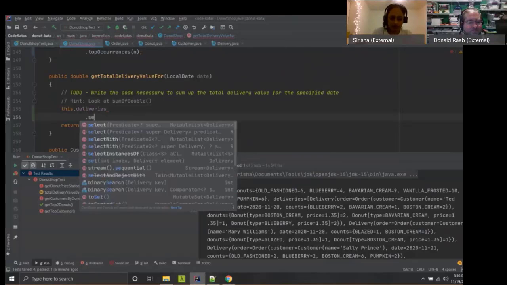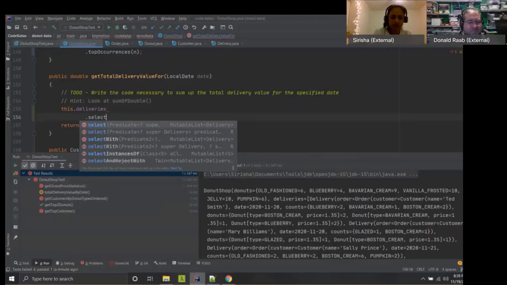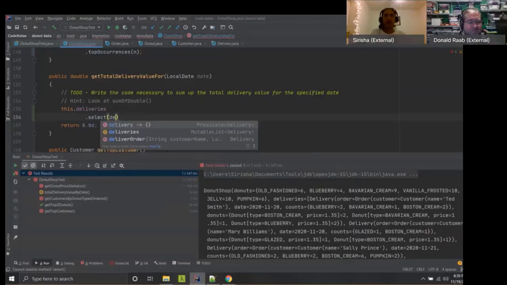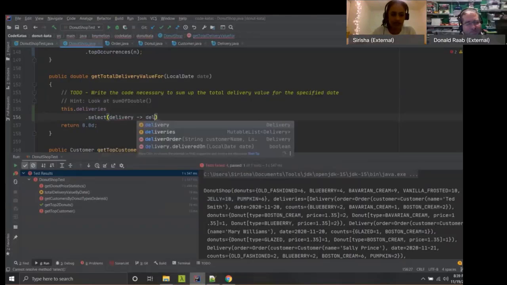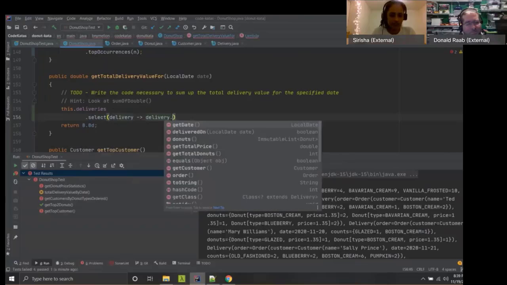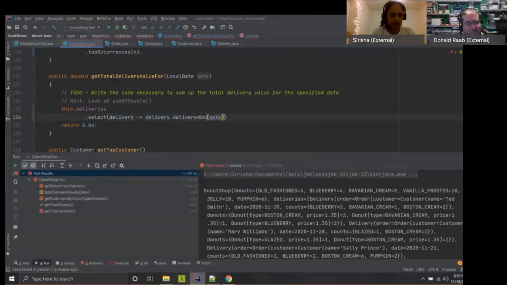So there's an API in Eclipse Collections called select, which takes a predicate and evaluates all elements that return true for that predicate. For example, in this case, I'm going to say delivery.deliveredOn the date. This is simply it. All it does is filter out anything that we don't need and filter in any deliveries that satisfy this